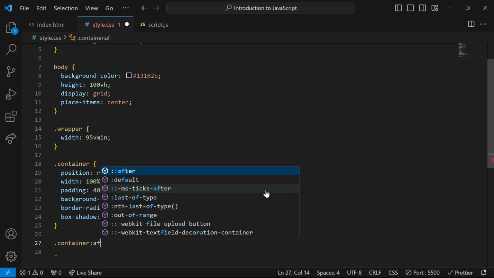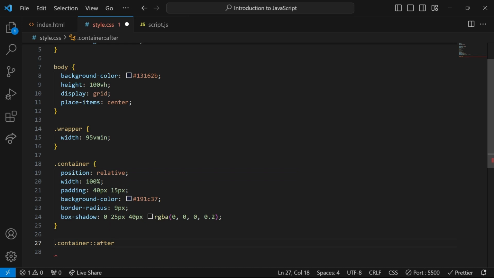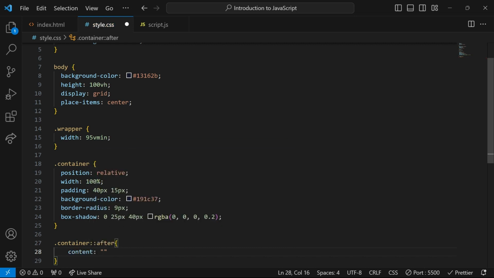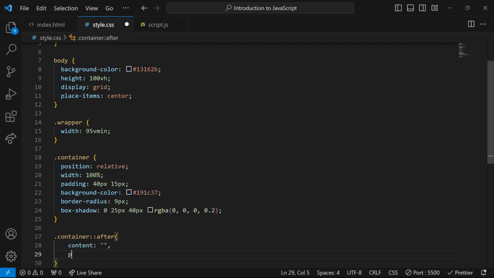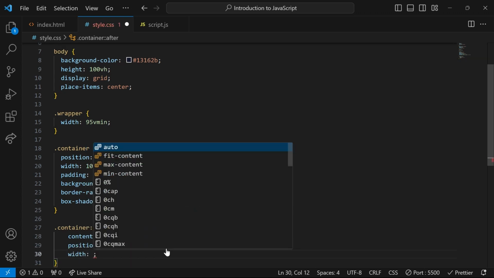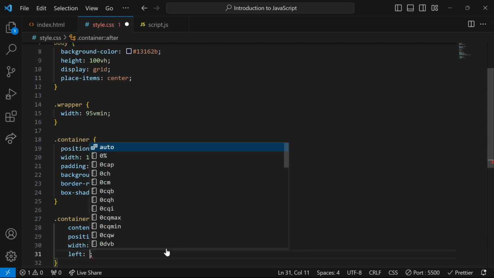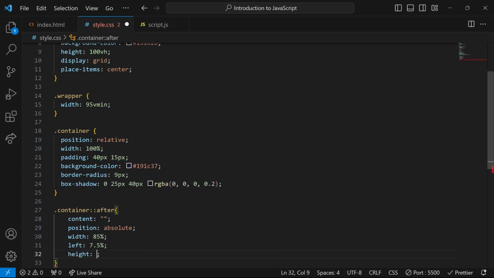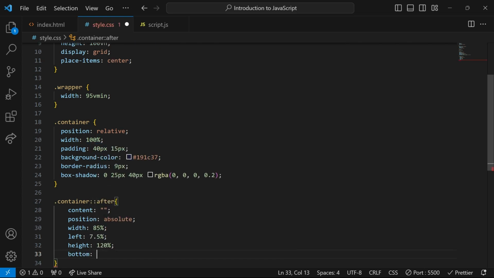And now moving on, I want to style an element after the container element. So I'll be making use of this after property. Then I can come here and say the content should be an empty string. The element should be positioned absolutely, giving it a width of 85%. The element will be placed to the left by 7.5%. The element will have a height of 120%, bottom of -10%,